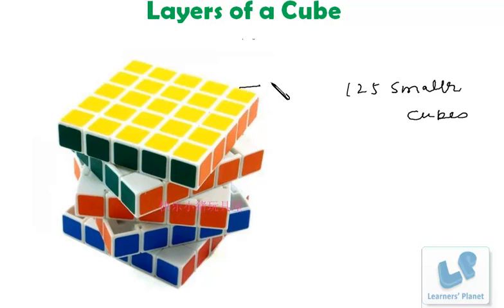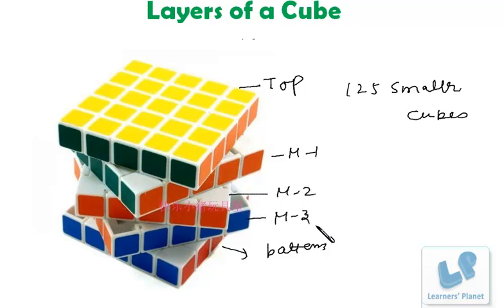So I just name them top layer, bottom, this is middle one, this is middle two, this is middle three. You can also choose names according to your choice. Whichever name you are taking into practice, the same name should be continued in your examination, right? So the things will be clear in your mind. Okay, so here I'm using top, bottom, middle one, middle two, middle three.